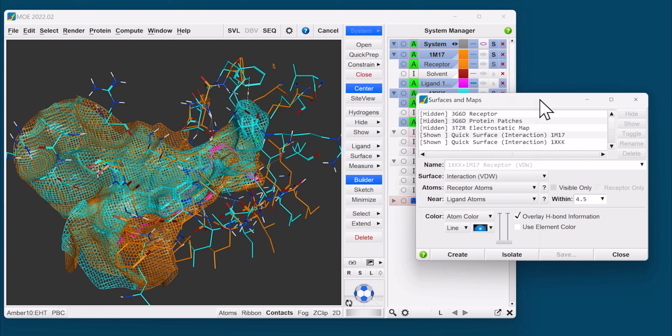And that brings us to the end of today's session, where we use surfaces and maps to analyze the surface properties of a series of different molecules, small and large. Not covered in today's session, the Surfaces and Maps panel can also be used to display contact preference, interaction potential, external grid files, and electron density